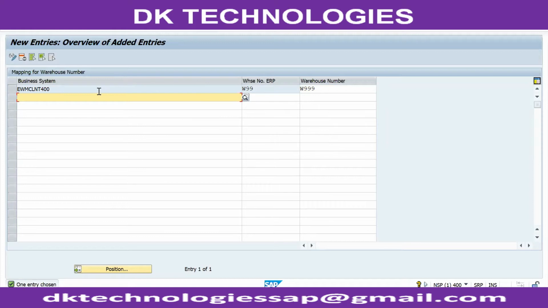Here is the mapping. This is new for you. I will tell later what is the business system and all, what is the correct business system. I'll map it here. This is how you are mapping in step number 10 in the first class. Same way we'll map it here.